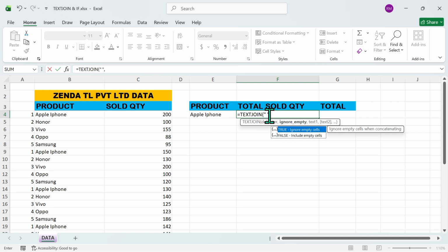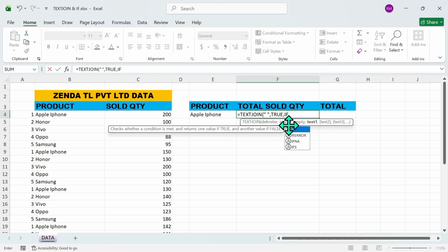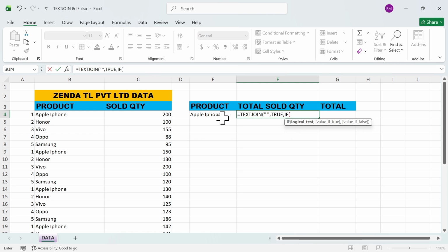character. So text join, space enclosed by those inverted commas. Then the next thing, we want our Excel to ignore the empty cell, so we take the true. There comes the if statement. If statement, and then open the bracket. If this product is the Apple iPhone, which is our E4. E4 stands for Apple iPhone. If this is an Apple iPhone in this cell range of products here,